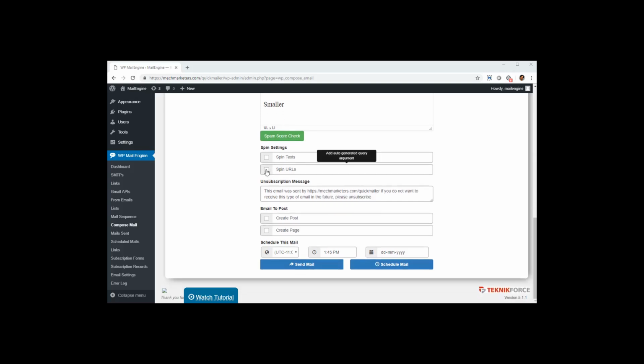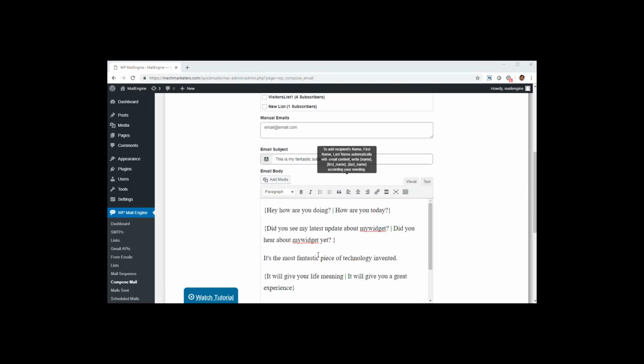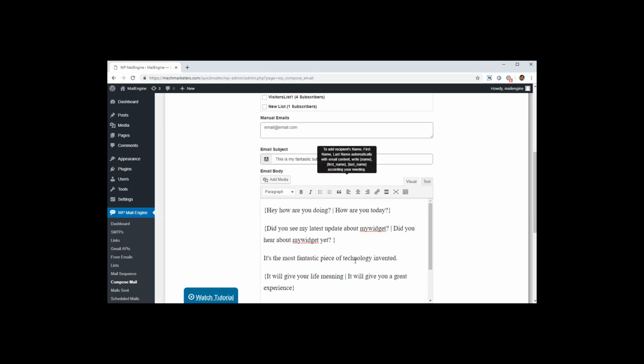Now the important stuff, it's got spin text right in the email. So I can write an email like this. This is standard spin text syntax. You put all the alternatives in curly braces and divide the options using the bar symbol. So what's going to happen is, MailEngine's special technology is going to go through this mail, pick out specific options from all the spin text options